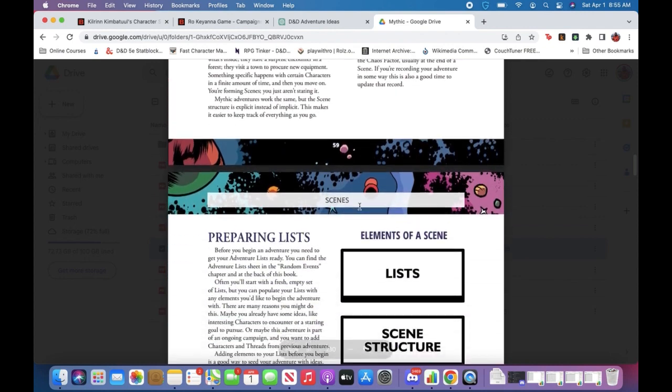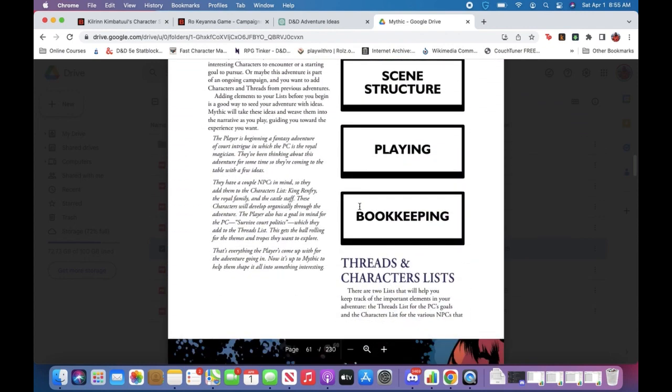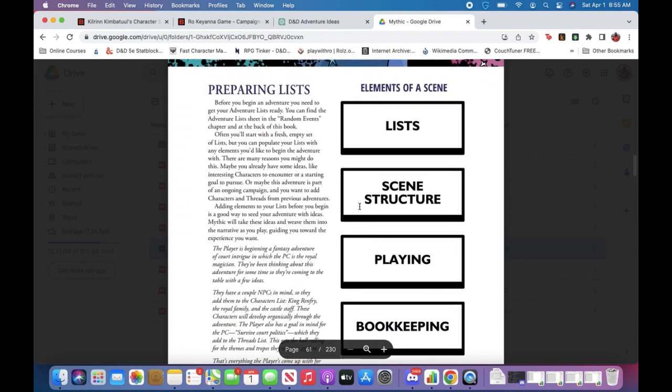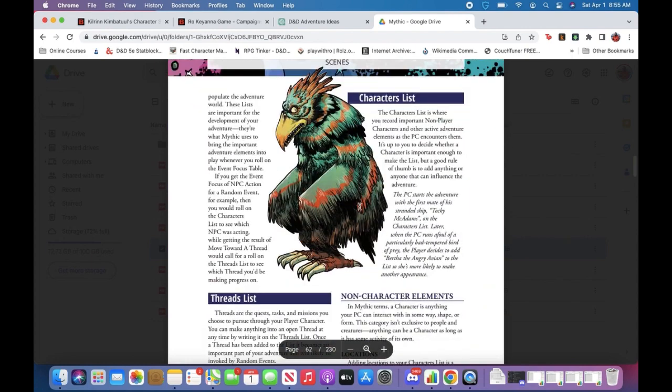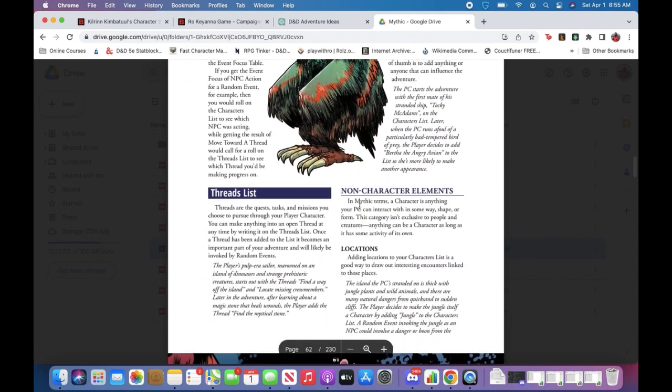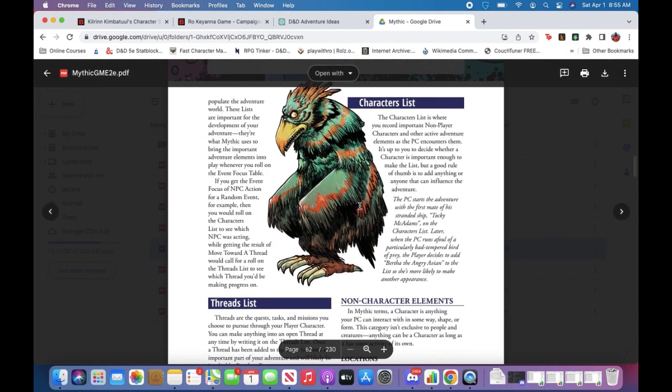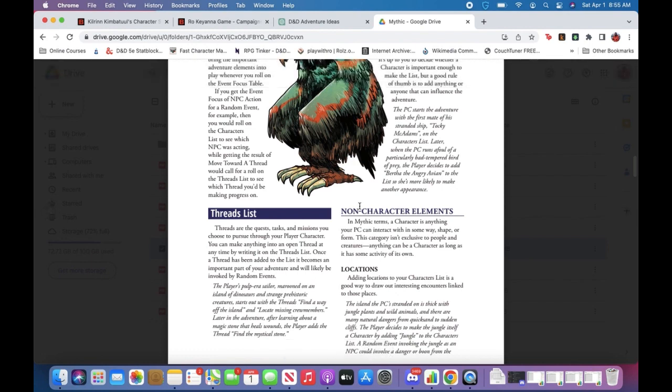So when you come up with a scene, the first thing you need to do is prepare lists, because sometimes the scenes that are going to get generated are going to use the lists that you create. So there's two lists you can create. One is called a threads list, and a threads list are the quests, tasks, and missions you choose to pursue